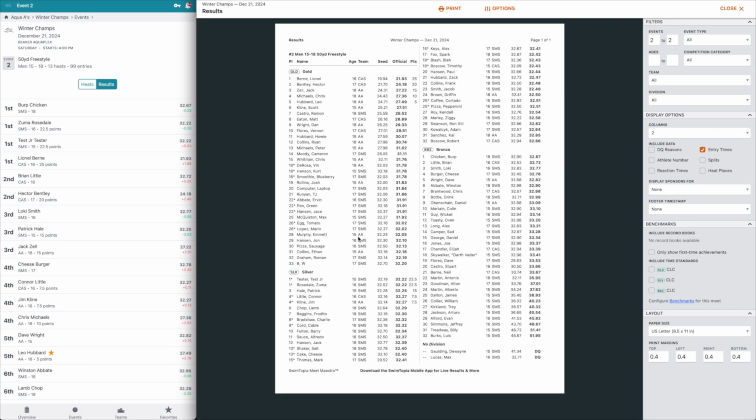One last thing to mention is that currently divisions are not supported in the mobile app. That will be something that is released in a future update. So this is something you are going to want to let your parents know, because when they go to look at the results, for example, here are our meet results for